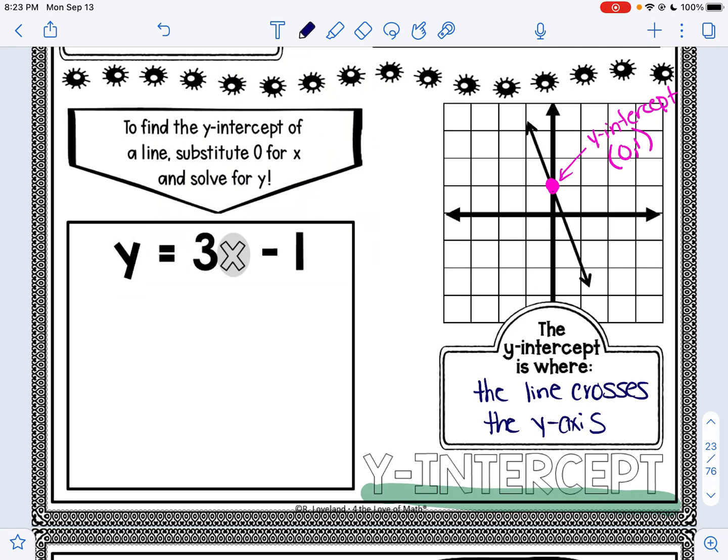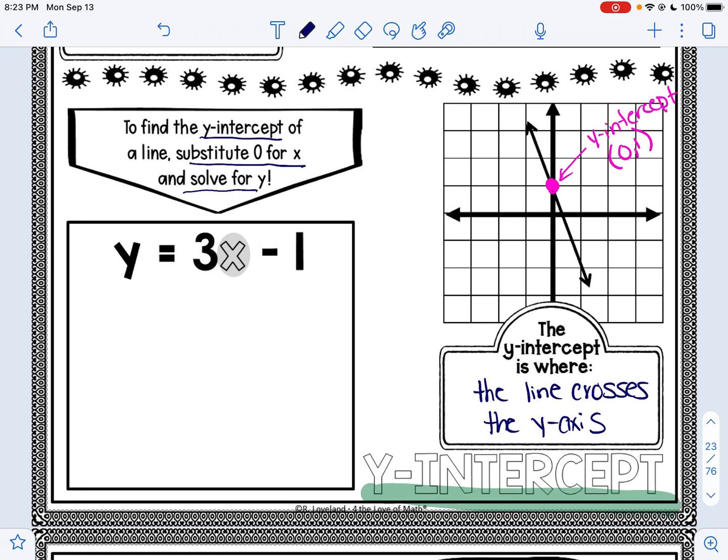Now algebraically, to find the y-intercept, you want to substitute 0 for x and then solve for y. So almost think of it as the opposite of the x-intercept. Taking the linear equation y = 3x - 1,